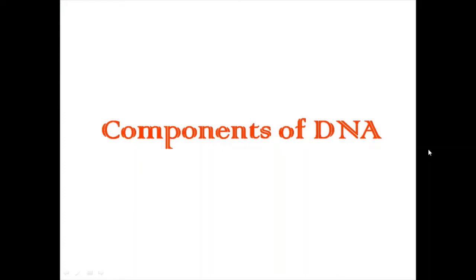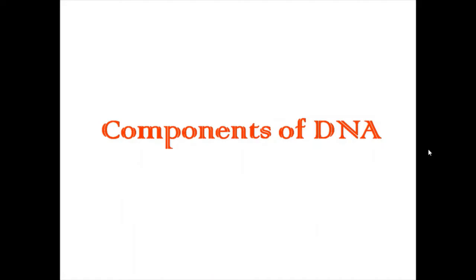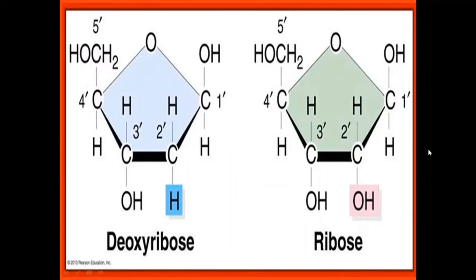DNA is basically made up of three components: a pentose sugar, four nitrogenous bases, and a phosphate. The pentose sugar in DNA is called deoxyribose. It consists of 5 carbon atoms, 10 hydrogen, and 4 oxygen atoms. Unlike the ribose sugar, it does not contain a hydroxyl group at the second carbon atom. Hence, the chemical formula of deoxyribose sugar will become